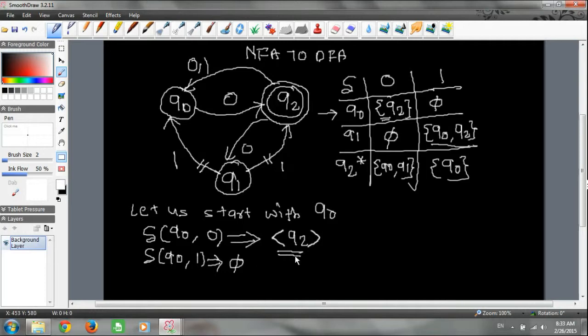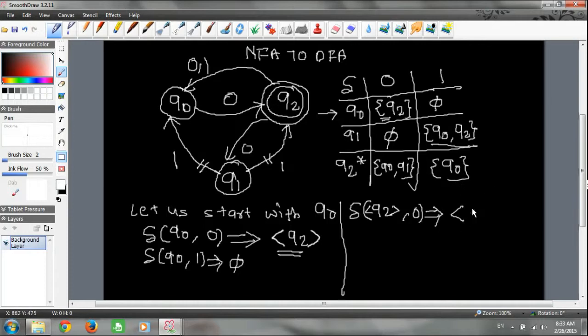Let us take Q2 for expansion. We need to show where Q2 goes on 0 and where Q2 goes on 1. So let us take delta of Q2 on 0. Refer to this transition table: on 0 from Q2 you go to Q0 and Q1.